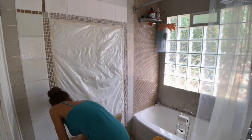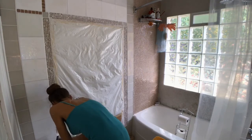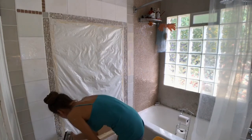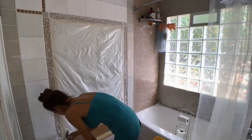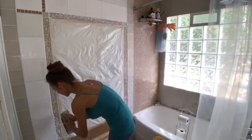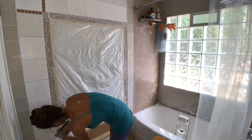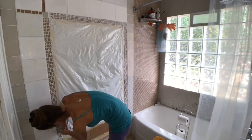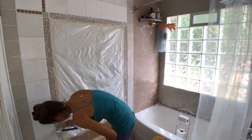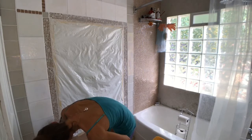Robin, have you ever done this? Done any grout work? It's quite therapeutic actually. For me, anything where I'm physical and with creative expression, that's where I get the most satisfaction, is knowing this was my project and I saw it through to the very finish. Maybe not immediately, but